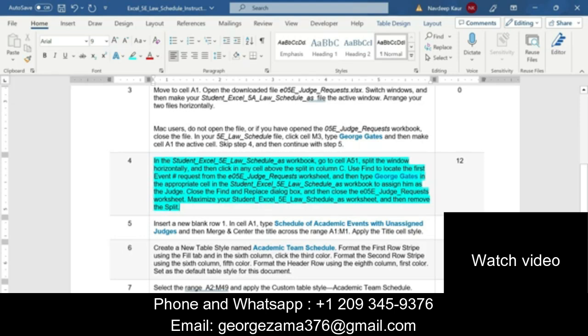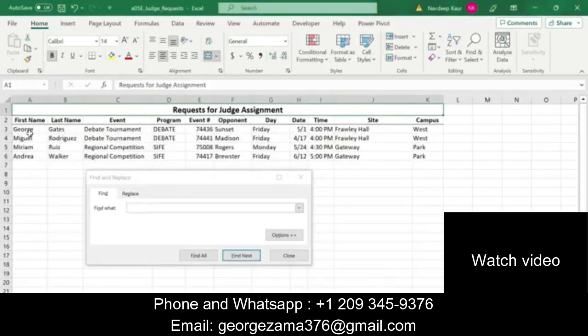Okay, so we will go to the even number, and the first one is debate tournament. So we will use Find, and then type George in the appropriate cell in the student law schedule worksheet to assign him the judge. So the first request is George and the event name is debate tournament.